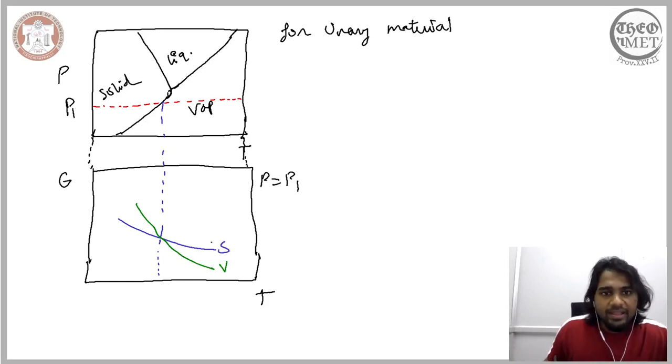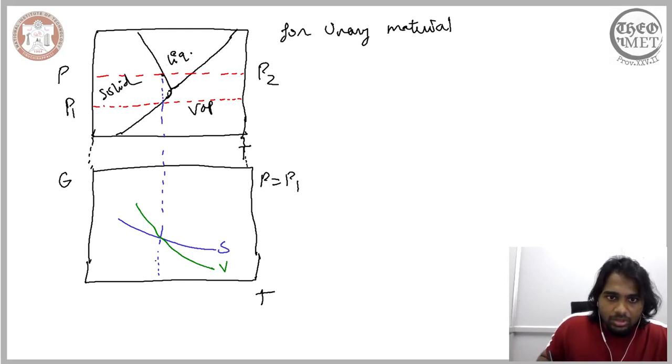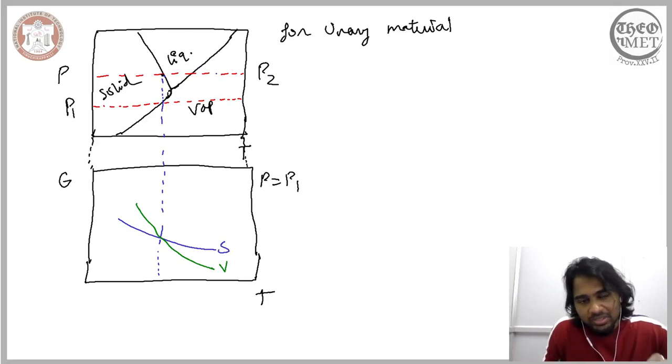Now, on the other hand, if we are considering a pressure something like this here, say the pressure is P2. If we are considering a condition like this, what we essentially have is a temperature beyond which the solid changes to liquid. So in the case of P1, when the pressure is P1, the solid directly changes to vapor. In the case of when the pressure is P2, the solid changes to liquid, and then the liquid changes to vapor.